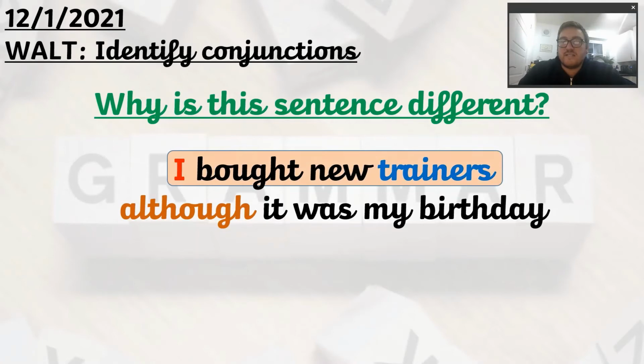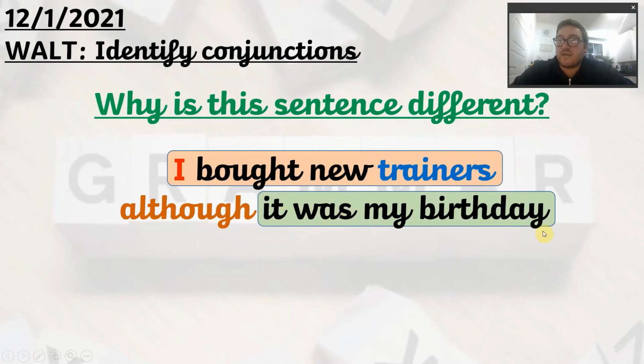So the reason why they're different is because the two clauses are different from each other. So the first clause that we looked at, highlighted in this sort of light orange, is the main clause. If I put that in a compound sentence, I bought new trainers and I bought new sports equipment, those two main clauses make sense by themselves, so they could stand independently. I bought new trainers, full stop, works absolutely fine. However,